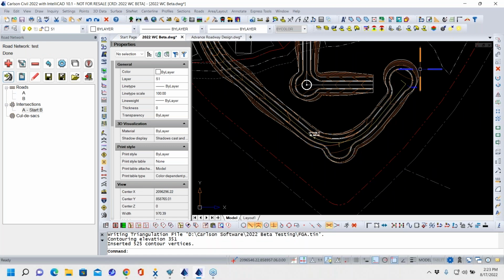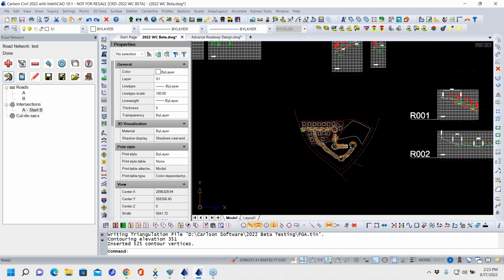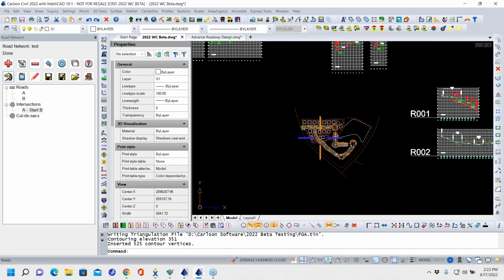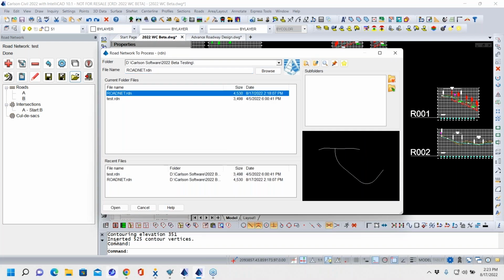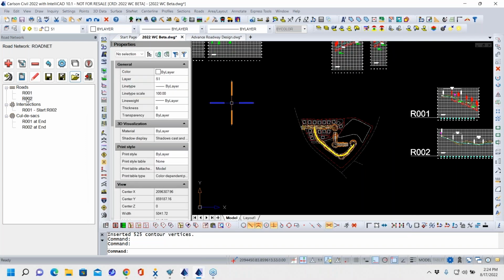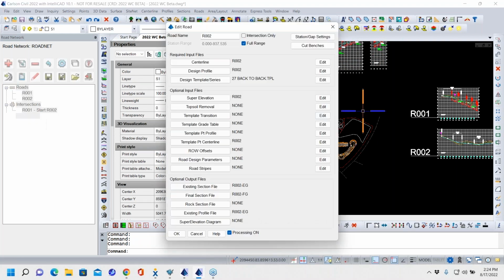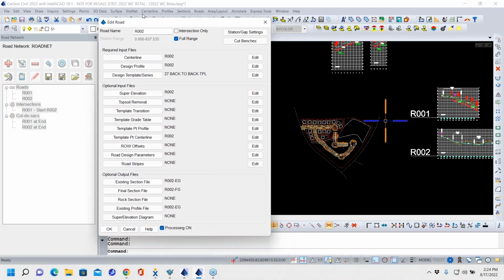Now the cul-de-sac thing, I think I showed you guys last time, but now, for the sake of time and kind of moving along to show you guys as much as I can, I've got some other stuff here. If we wanted to go back in, I'm going to load my original. No, I don't want to save that. This is my original one that I had open to start with. So now we could just come back in here and start looking at other options that we can do in here, as well as like